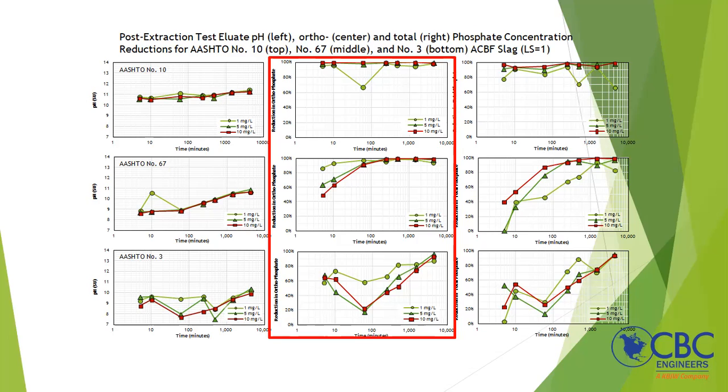Once you get to an hour, you're just about to 100% orthophosphate removal using AASHTO 67, or a 3/4 inch stone size, which is very typical of the stone used in a lot of applications. The smaller the stone, obviously, the more reactive, and you see that in the top graph, where your removal is quite fast, and that's simply because of surface area. Larger stone, obviously, at the bottom, doesn't work as fast, kind of a clunker, but nonetheless, when you